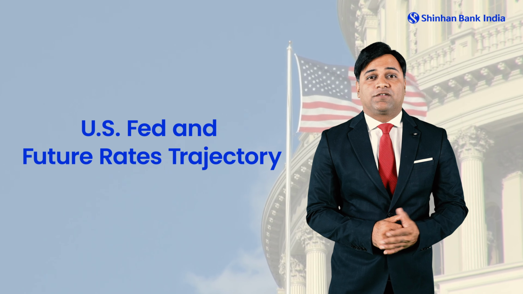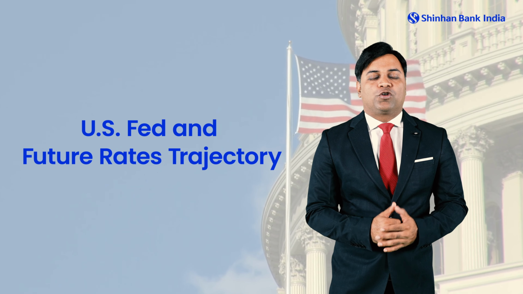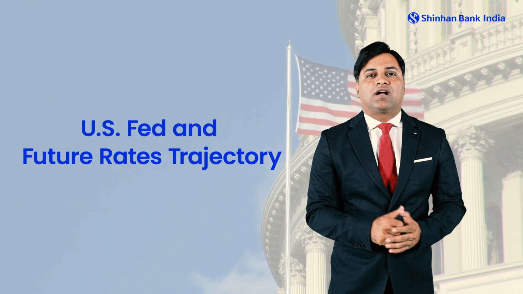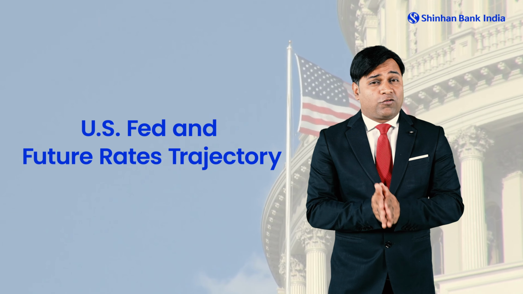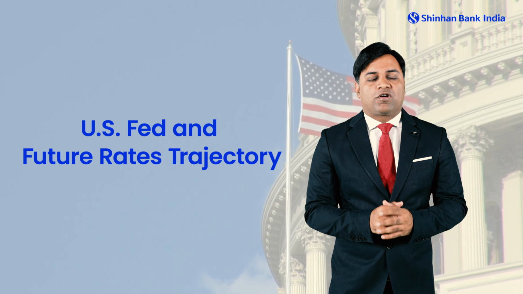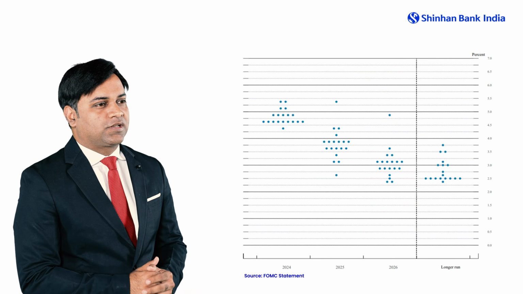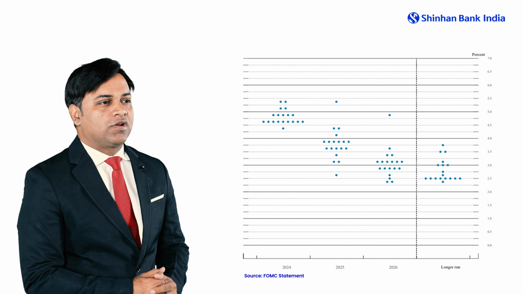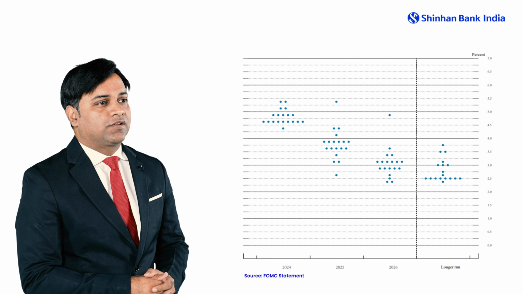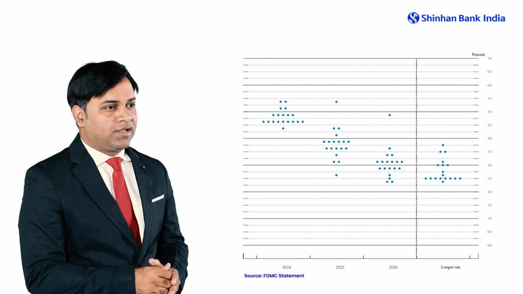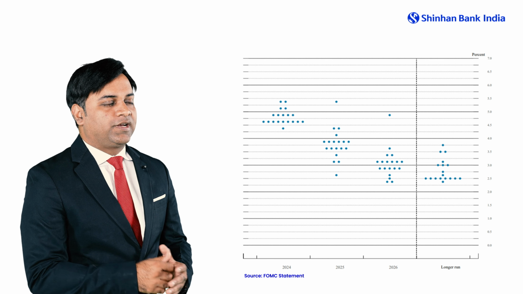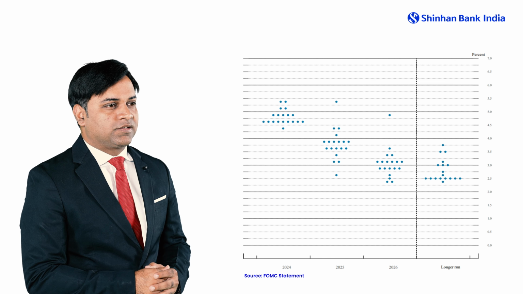So let's now move toward the global factors. Talking about the US Fed, we had the FOMC policy for the month of March, where we saw no change as expected. So the rates are 5.25% to 5.5% for the fifth consecutive policy of the FOMC. Now, two important factors to consider. One is the dot plots. The dot plots for the year 2024 continue to see 3 rate cuts. For 2025, it has lowered its rate cuts from 4 to 3. And for 2026, again 3 rate cuts are observed in the dot plot.